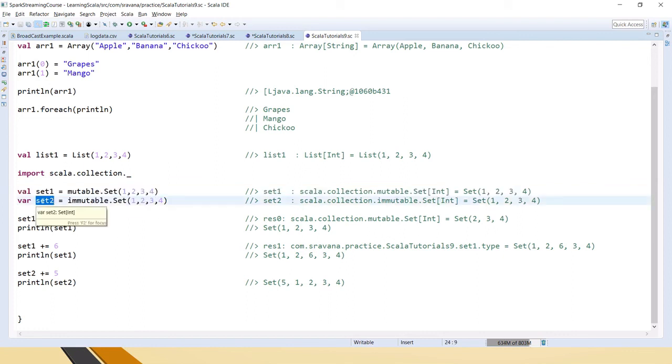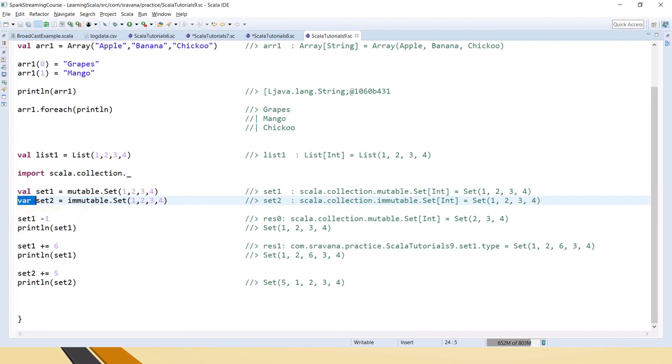In the second case, you are giving it as a var, which is a variable, and even though you are mentioning an immutable set, which is assigned to set2, again set2 is declared as a var. So this entire statement is overridden by this one, because when you want to change something, you define it as a variable at a high level.